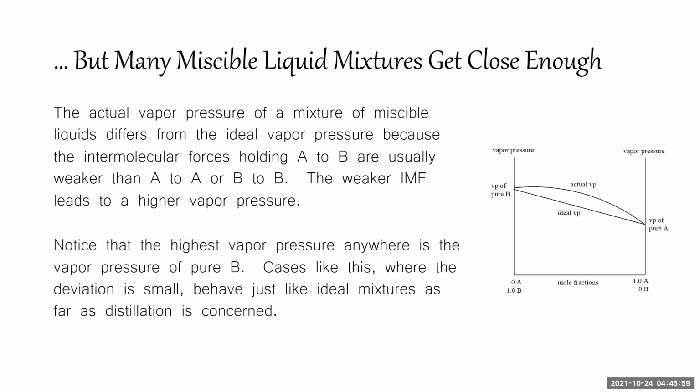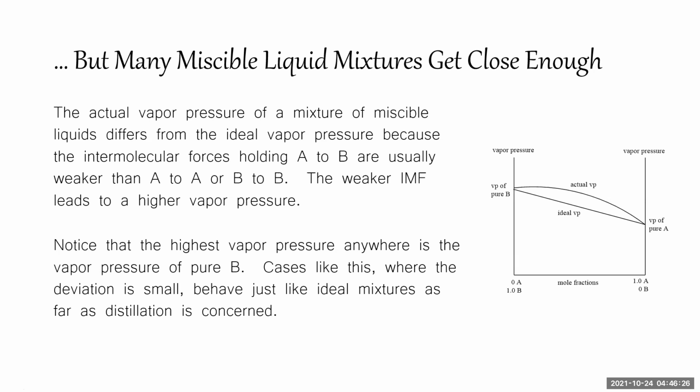So the actual vapor pressure of a mixture of miscible liquids differs from the ideal vapor pressure because the intermolecular forces holding A and B are usually weaker than A to A or B to B. The weaker intermolecular forces lead to a higher vapor pressure. But we do want to notice here that the highest vapor pressure anywhere in the graph here is the vapor